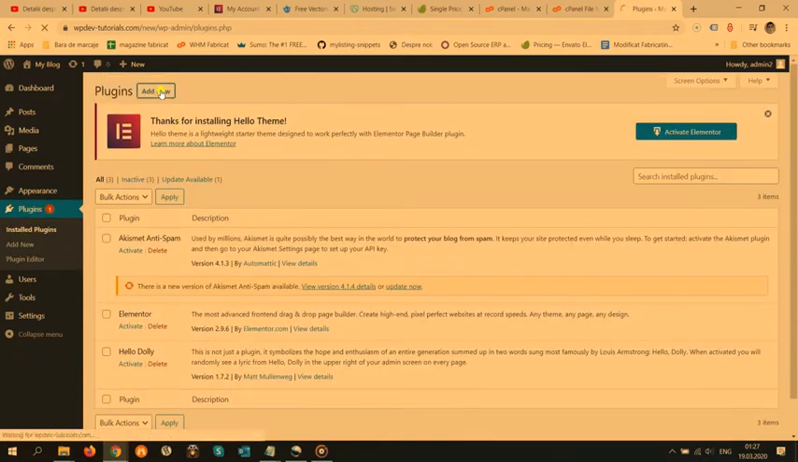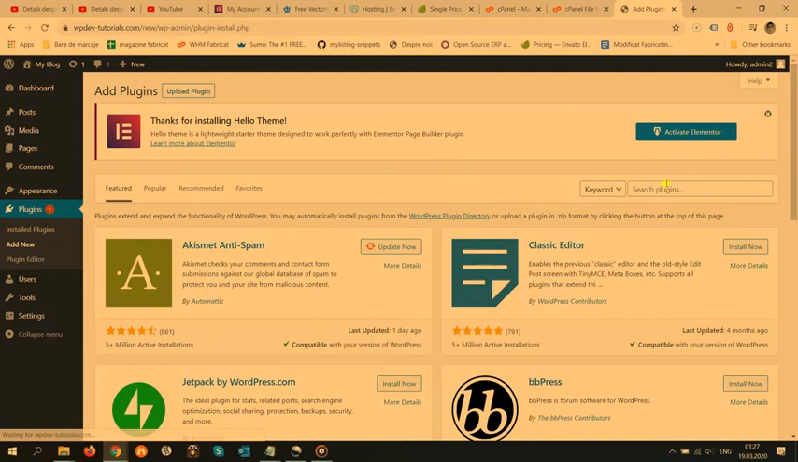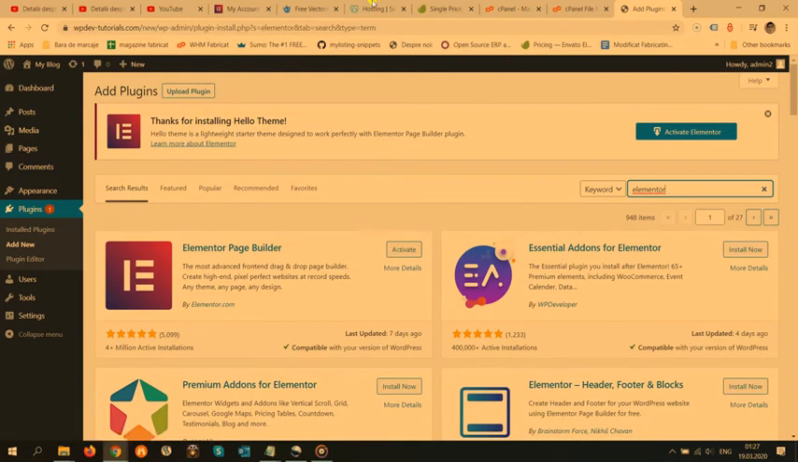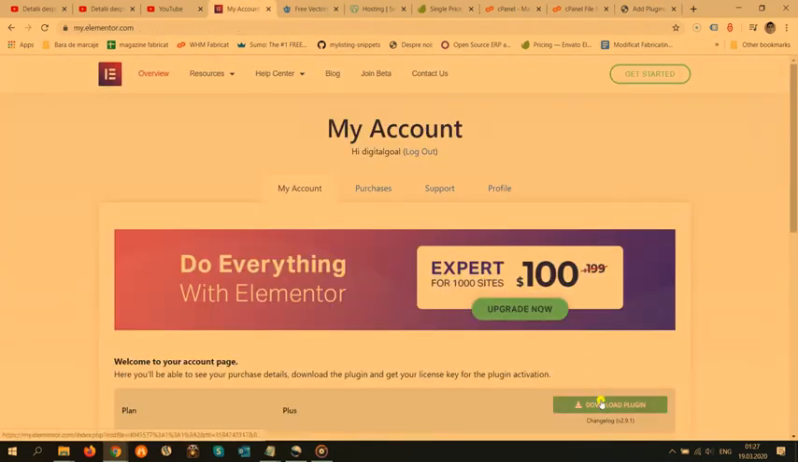Head up to Plugins, Add New, search for Elementor and then click on Install Now and then activate the plugin. After that, head up to Elementor website, link is in the description of the video, and buy the Pro version